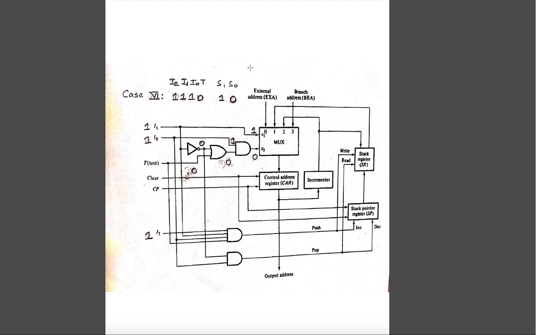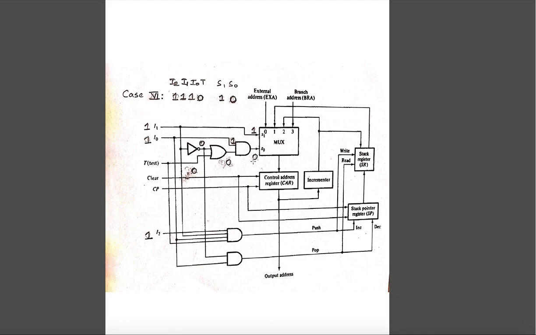In the sixth case, here we have all of I1, I2 and I0 as 1 and the test case itself as 0. In that case, what will be the operation that needs to be done? We will get S1 and S0 as 1 0. Let's see how it comes. So we know that I1 is 1, so obviously S1 will be 1. I0 is also 1, so one of the AND gate inputs is 1, but I1's negation is given as one of the inputs to OR, and also the test case is 0, so both 0 and 0 give rise to an OR of 0. So if one of the inputs to the AND gate is 0, obviously the output will be 0.